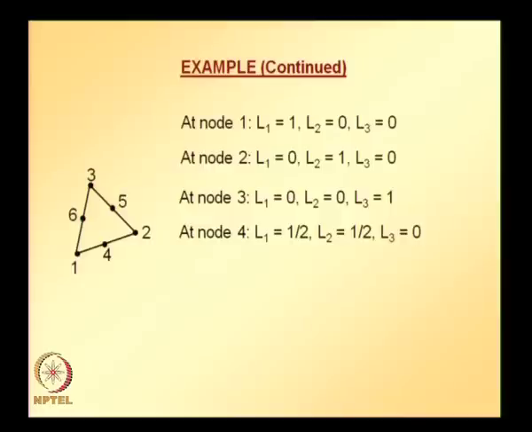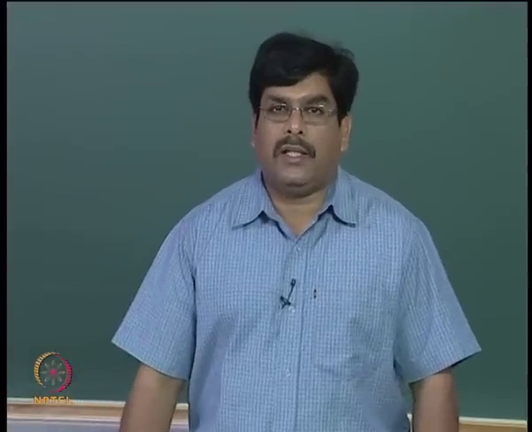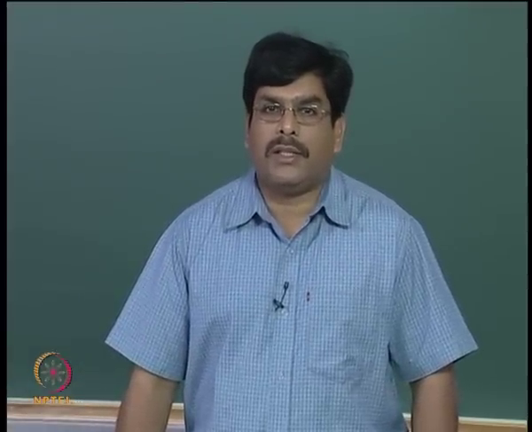It can be easily checked that when you join node 3 to node 4, that imaginary line is going to bisect this triangle into 2 equal parts,